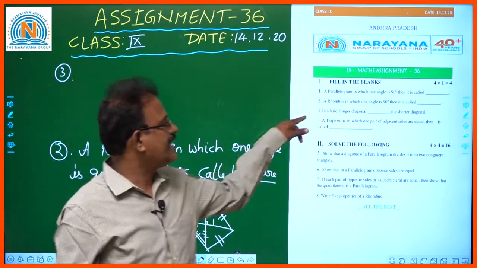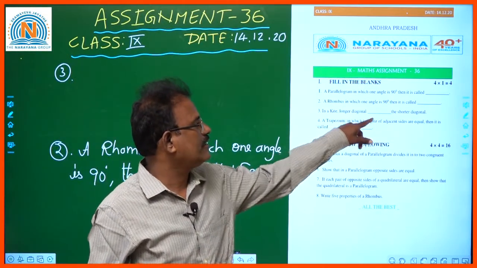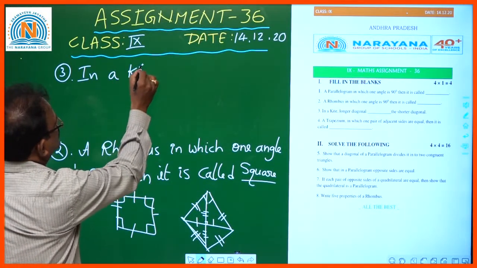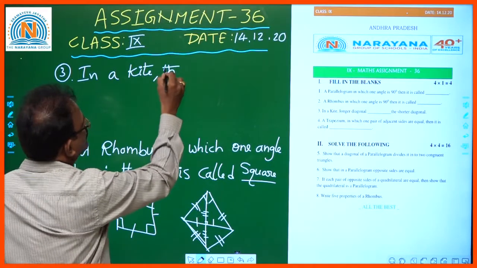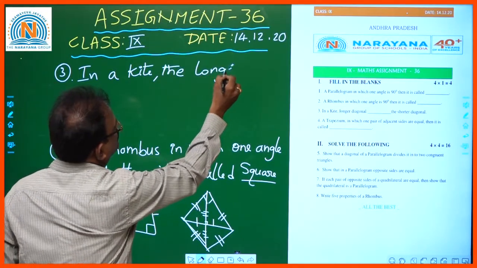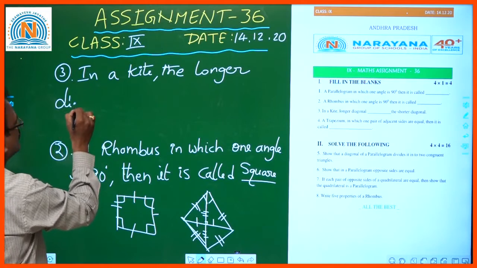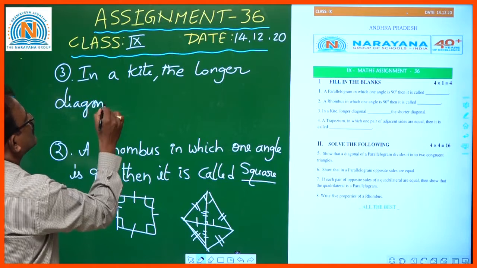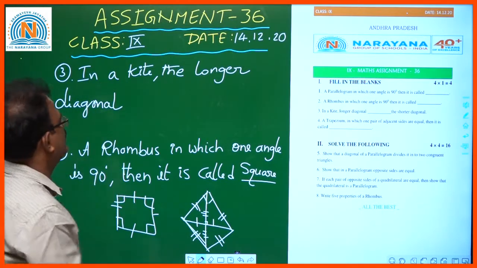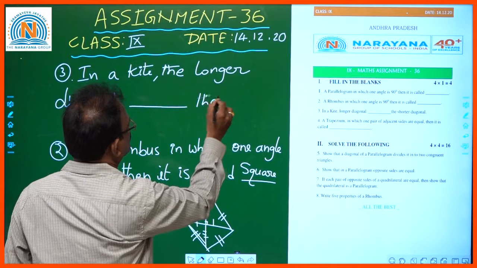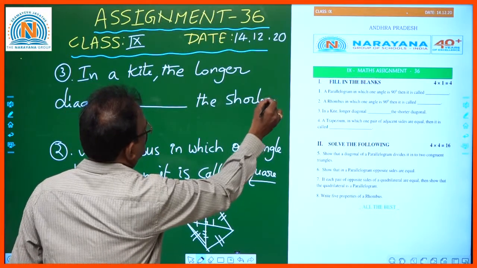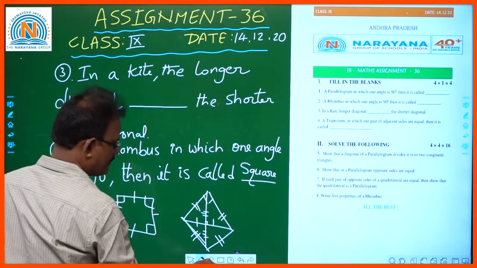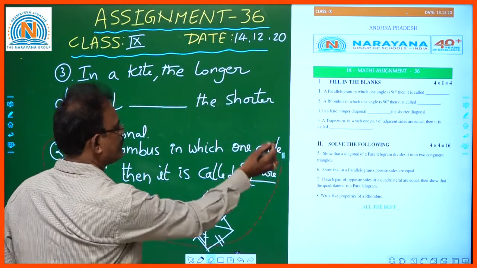So third one: in a kite, the longer diagonal ___ the shorter diagonal. Okay sir. Just you see now, children,